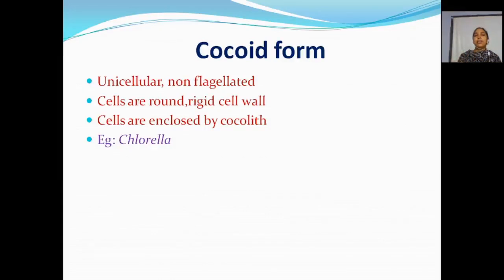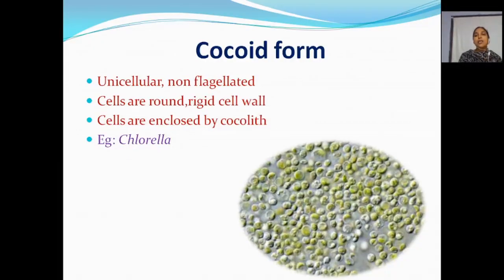That is a medicinal one, with huge application in industry. So chlorella is a coccoid form, that is, a spherical form, without flagella. You can see the picture. This is chlorella. There is actually a huge number of chlorella here: 1, 2, 3, 4, like this. Each one, when you take it, is non-motile and is covered in a coccolith.